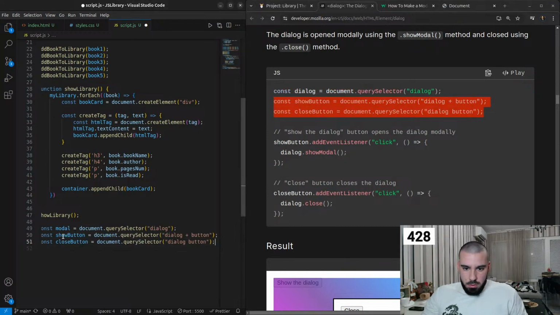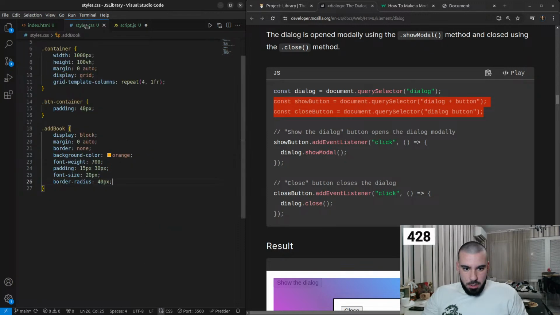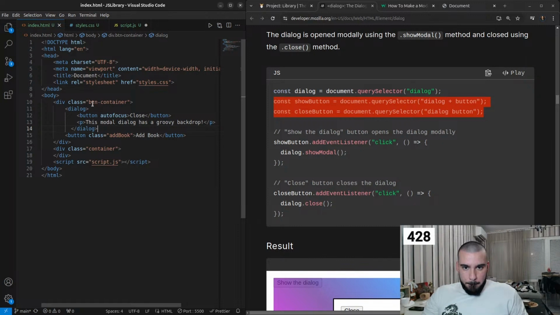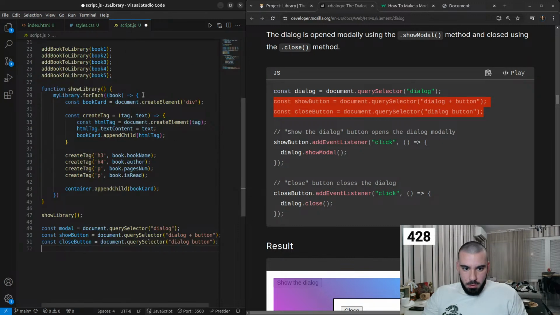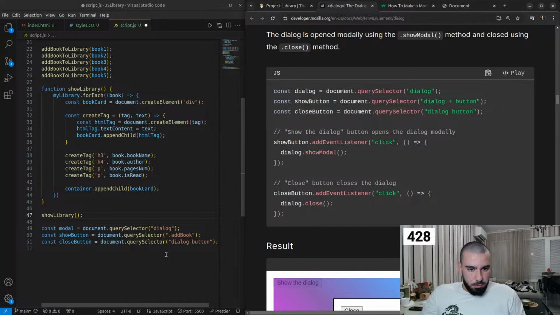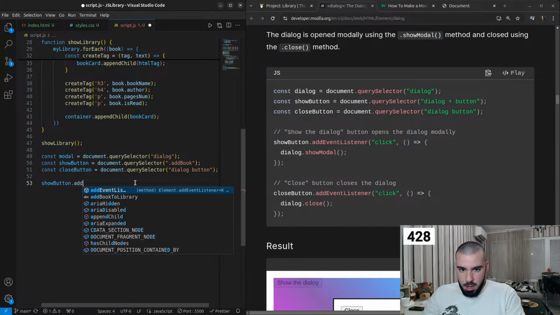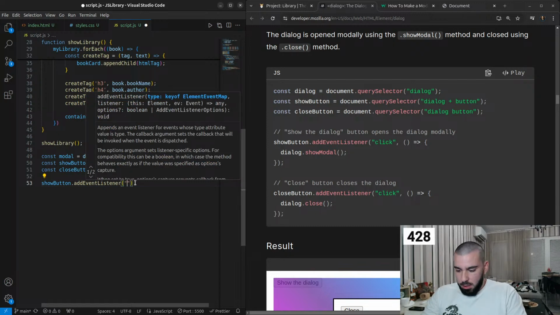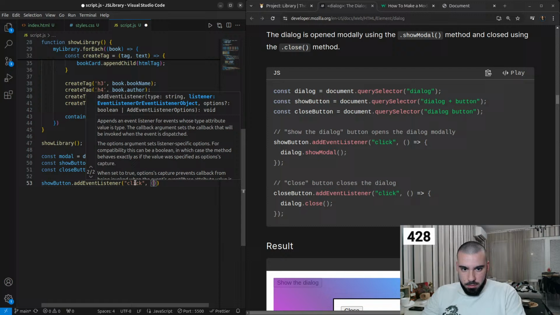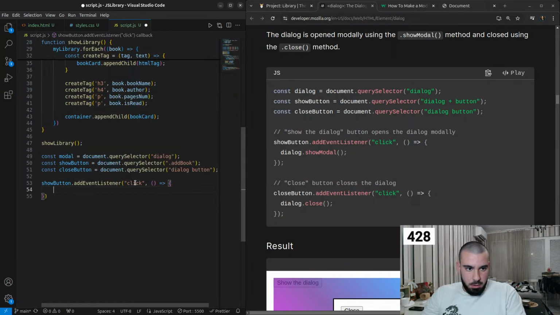Let me copy this show button. We actually can go with what it is, add book. So show button, it's query selector dot add book. Okay, and then we have two functions to write out. We have show button dot add event listener, and we'll listen for a click. Then we do an arrow function that goes and opens up the dialog. So dialog dot show modal,